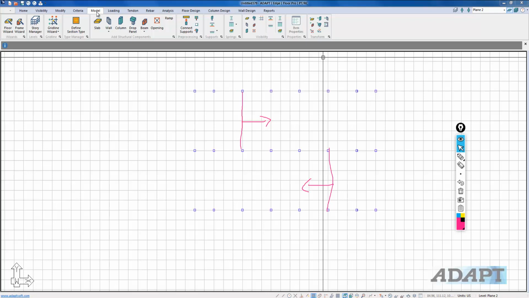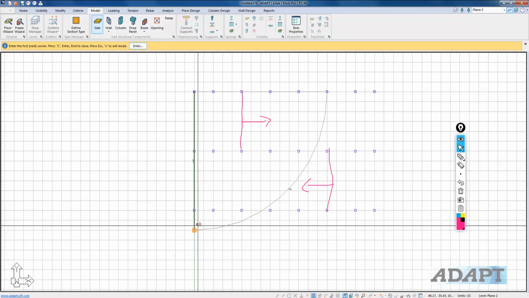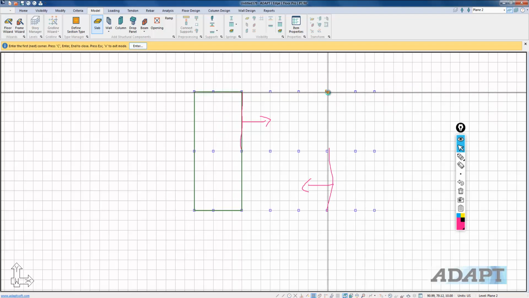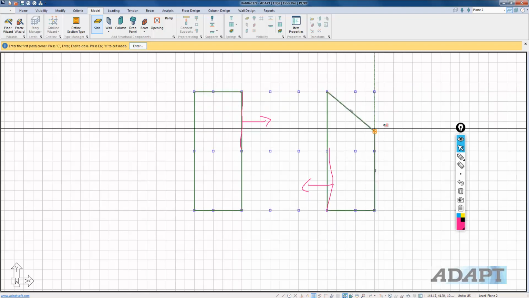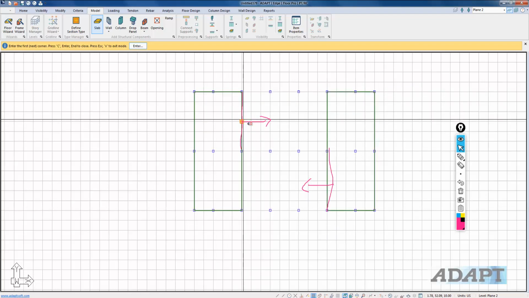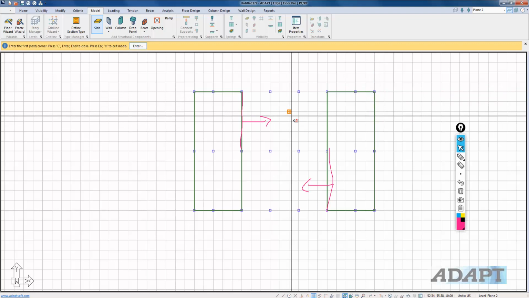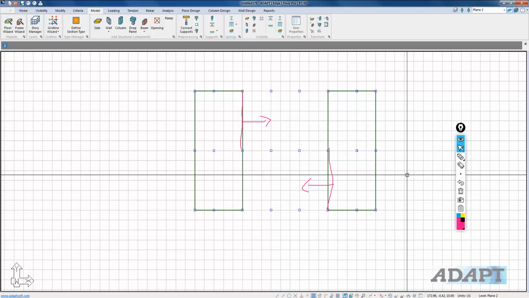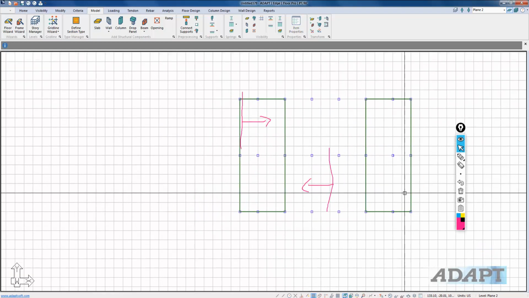So we'll go back to model. I'm going to just add, these slabs are going to be, let's say, the horizontal slabs at this particular level. And if you have ramps that change slope between 2 levels, then we have to model essentially an intermediate level in this case. So we'll add these 2 slabs,